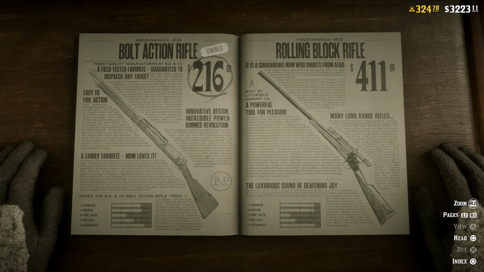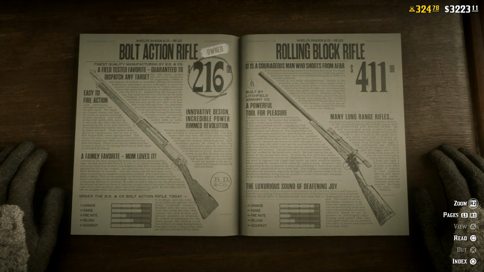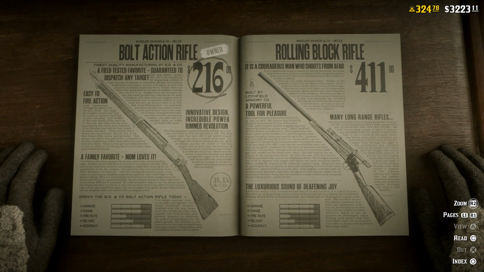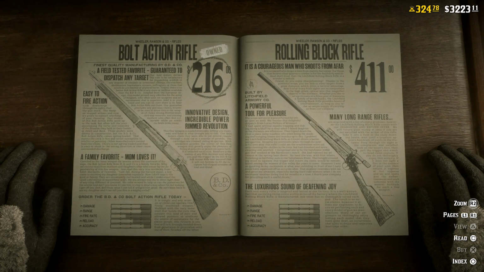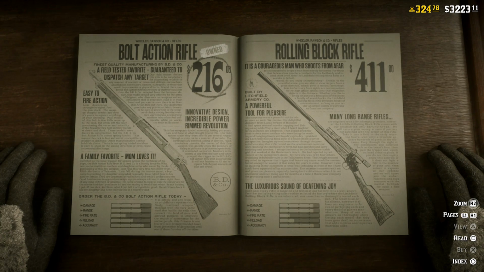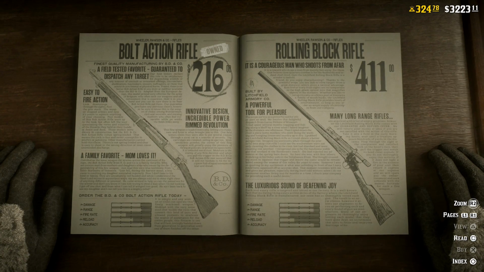Now, the next one might come as a bit of a surprise. We're going to get into the rifles here. For the longest time, I preached that the bolt-action rifle is the best rifle you should get, especially for hunting. That's not to say it's not a great rifle. It is unlocked at a low level, so you are going to need a rifle regardless. So this might be the only weapon that you need to buy two of, because the Springfield rifle, which I now recommend over the bolt-action,